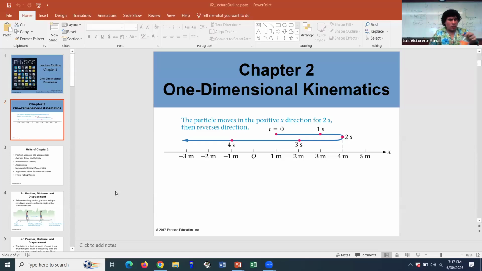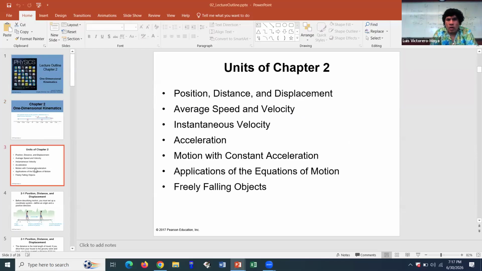So just the same, I will show you the slides. What are the main concepts that we're going to be covering in this chapter? And then we can do some examples based on the textbook and some examples I have here. All right. Now is when we're going to start applying more of this whole idea behind dimensions, units, vectors a little bit, but